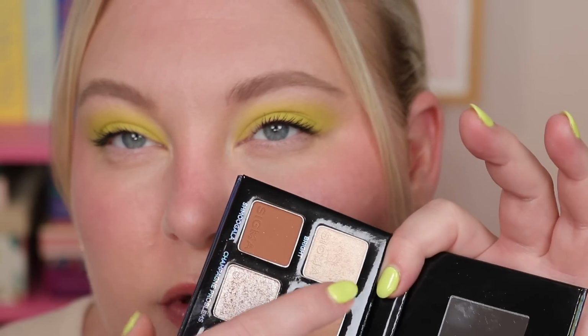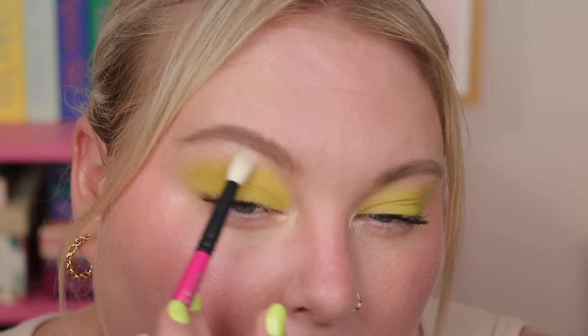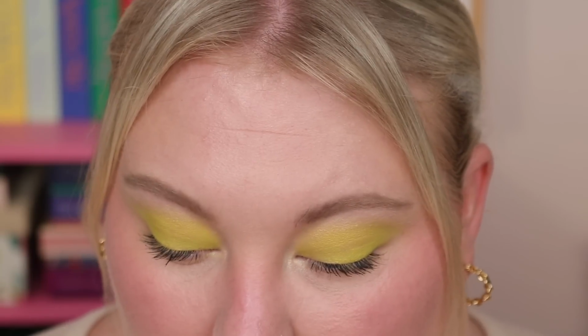All right, here's the look so far. I am gonna add a little bit to my inner corner. I'm using the Bright shade from the Sigma and Angela Bright palette, and I'm really just spotlighting it right in that inner corner. I decided I wanna take just a wash of it on the brow bone as well. All right, so that would be the look if you kept it here, but I am gonna go in with